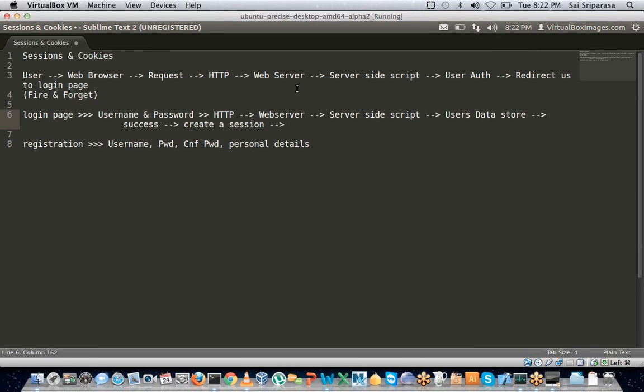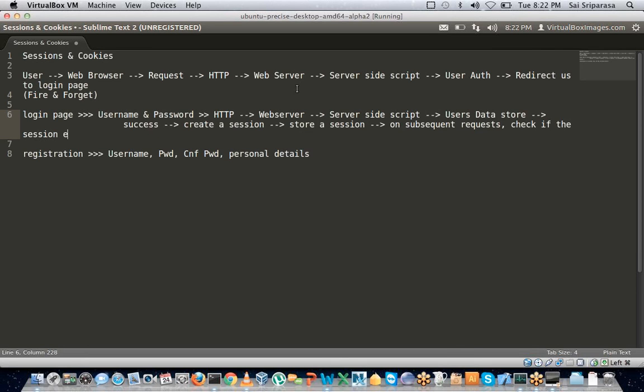So create a session, store the session, and on subsequent requests, check if the session exists. Now for the registration page,